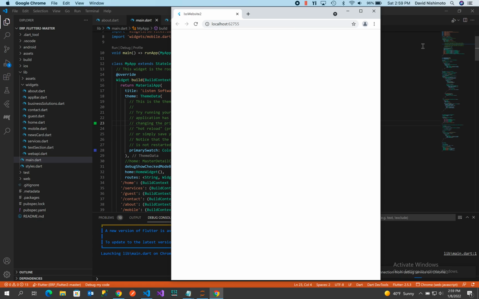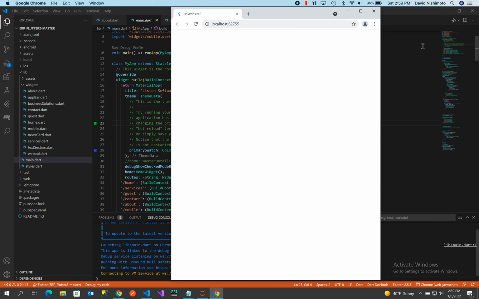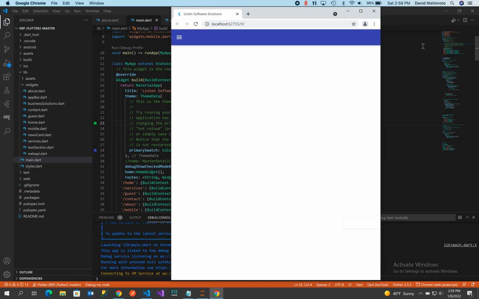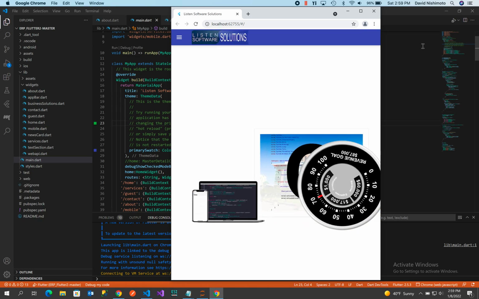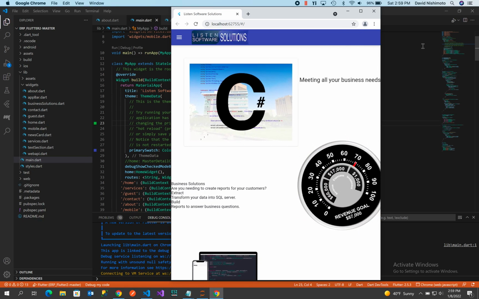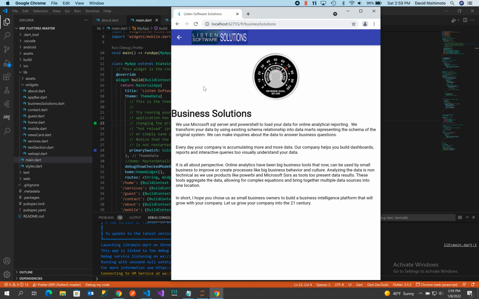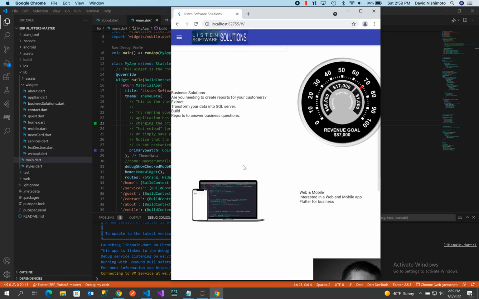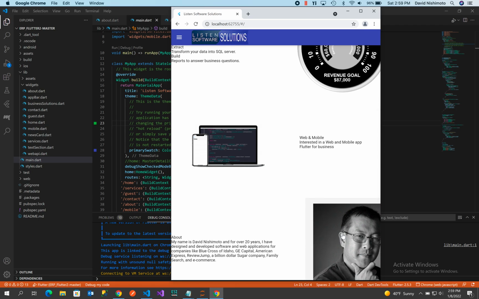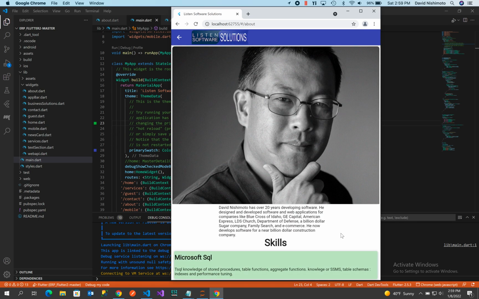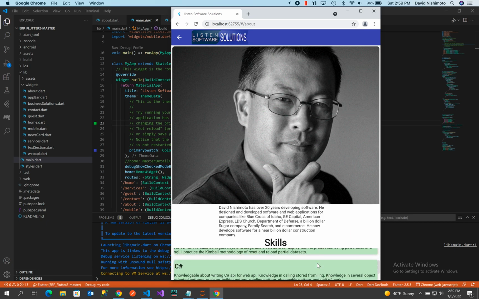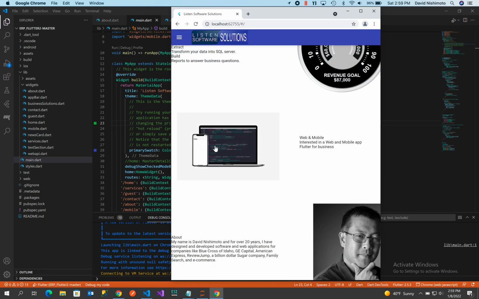Here we go. This is coming up, and we can see it's launching in Chrome. And there's our animation. We have things that are rotating, things that are moving, text, and then we have our hero that will pop and do our transition to the page there. Down here we have our image, and that'll pop up there. And then we have a list view here. It shows some skills. So, kind of nice.